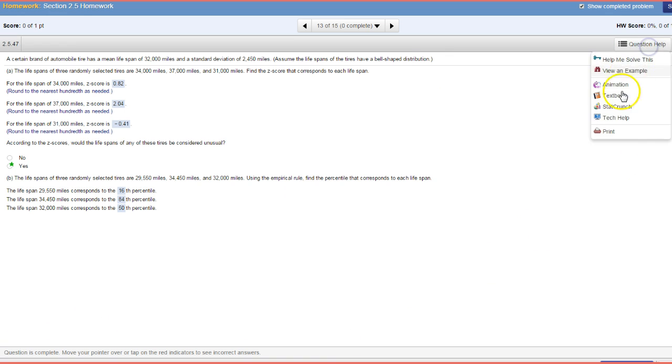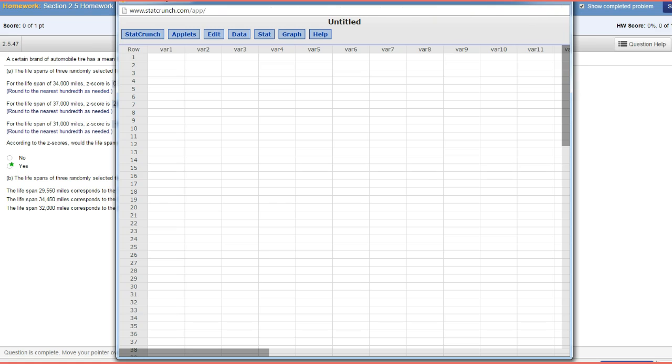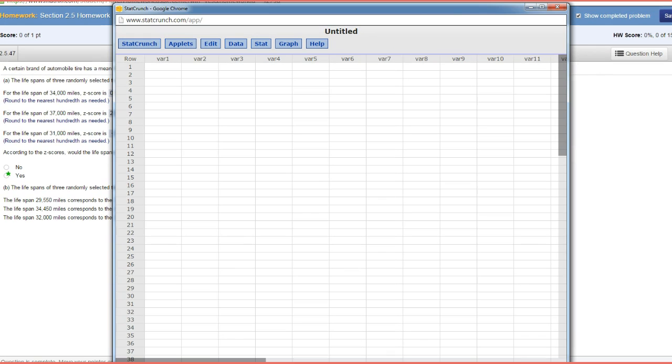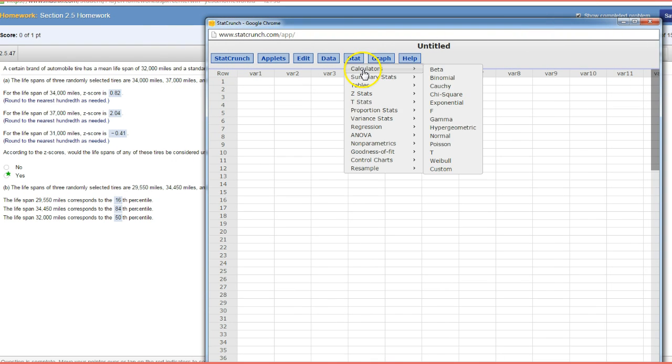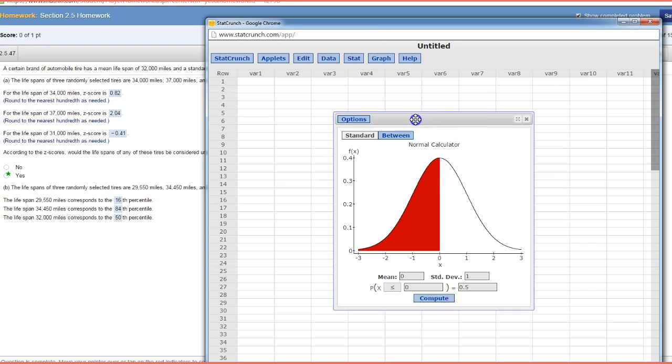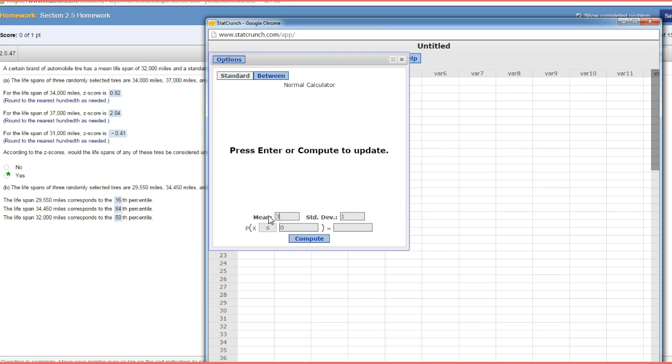Alright, so I'm simply going to open my StatCrunch. I'm going to go to Stat, Calculators. Remember, it's a bell-shaped curve, so it's a normal curve. So what I'm going to do is plug in my mean. Remember, it's a normal curve. So my mean here is 32123. Standard deviation is 2450. And I'm looking for the percentile for